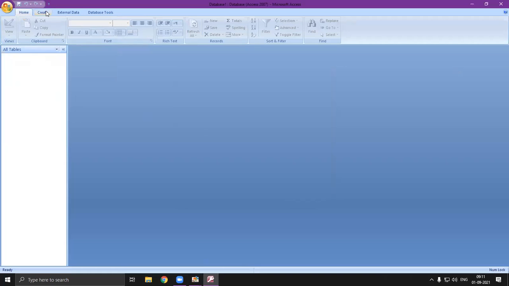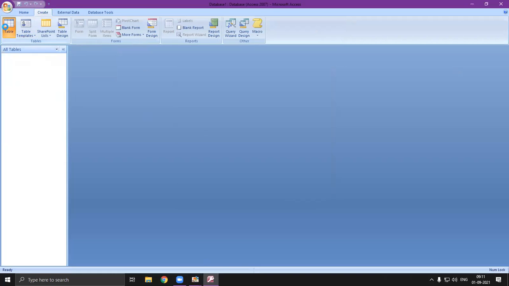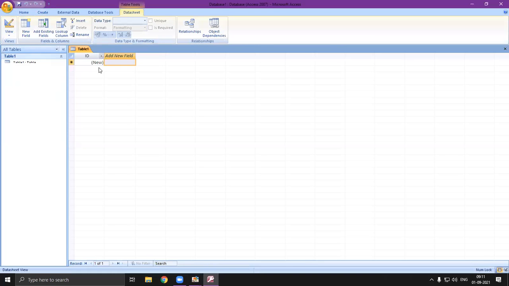So here you can see create. Okay. In create, I am clicking on the table. Here you can see, once I have clicked this table, the ID is automatically generated. Now add new field. If I double click on it, I can add a new field. Supposedly I need to insert name. What if I need to insert one more? Then I will,